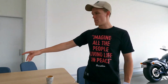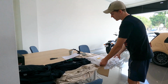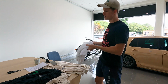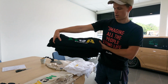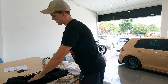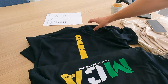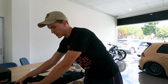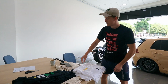Now before we get into unboxing the model cars, we've got our new line of merch. This is the first delivery we've taken. We've got the small MCA design on the chest piece in black and white. And we've got the big MCA design with the "You Will Never Drive Alone" on there, a cool little touch, as well as our chevrons down the back, like a spine design. I like that because I designed it myself. We got the black, we got the sand color, the same thing with the chevrons down the back. And my favorite,